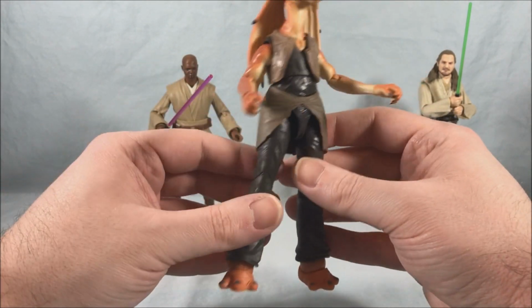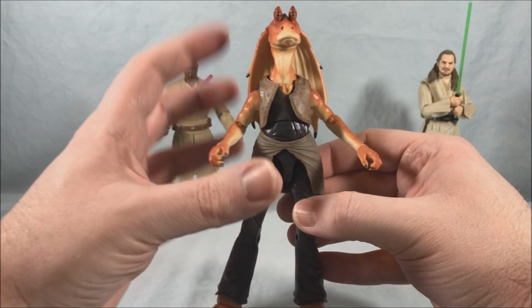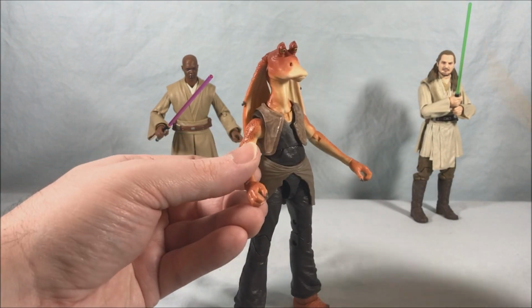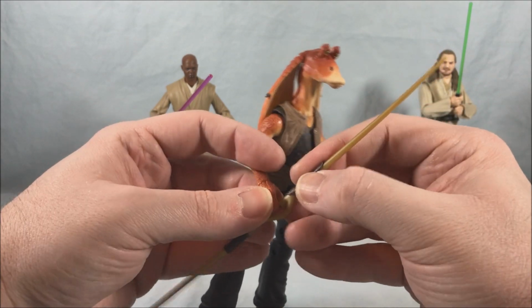But overall, I mean, the design, definitely the paint applications look amazing. All of his skin is really nicely painted. His head looks great. Overall, he just really, really looks good. And like I said, I'm just not 100% sure what is supposed to be going on with this weapon, but